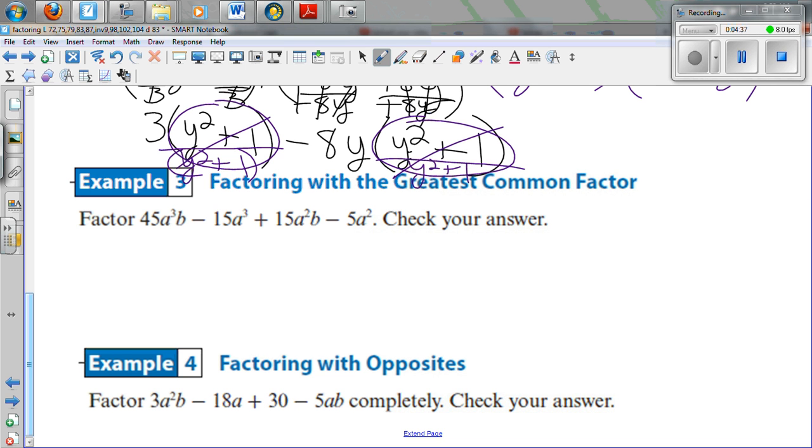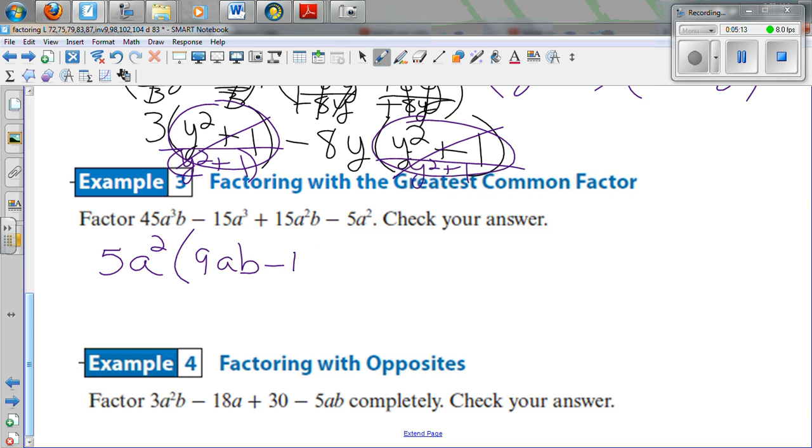Factoring with the greatest common factor. So we factored before where we had a greatest common factor. If you recognize that there is a greatest common factor for all of the terms, you should take that out first and then factor afterwards by grouping. So on this first one, I know that 5 and a squared come out of all of those, because they all have an a squared, and they all have 5 in them. So I'm going to take out a 5a squared. When I do that, I'm left with 9ab